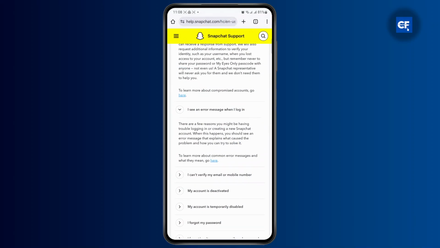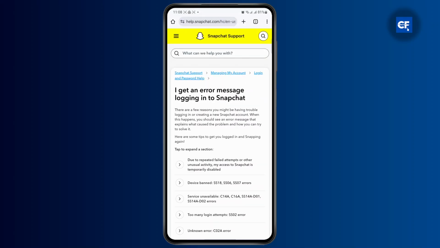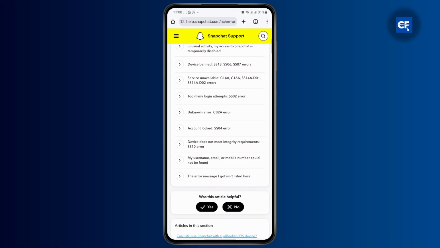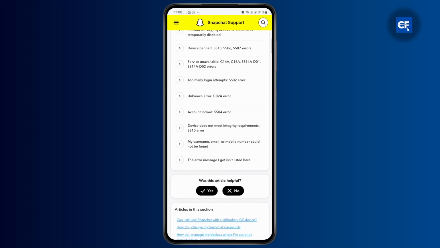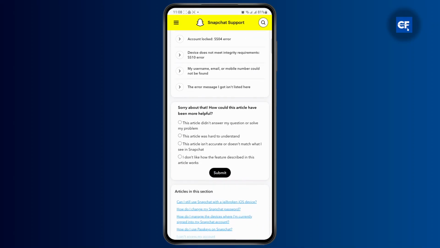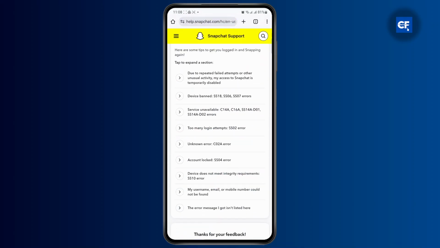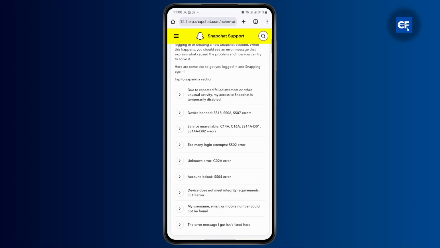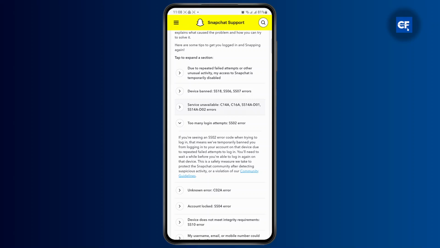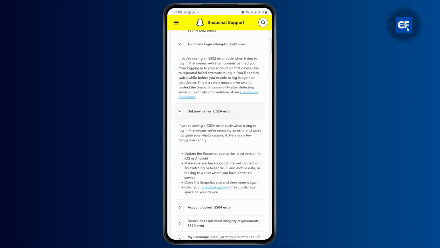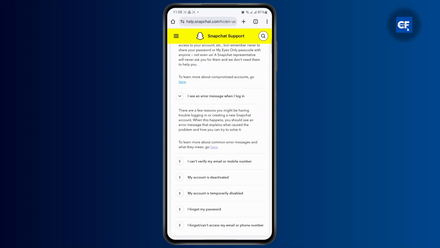And after you've done that, you can click here to go to learn more about the error messages. So scroll down and on this was article was helpful, click on no, and then click this and click on submit. Now it will ask you if you need more help or not, so click on any of these options. And then what you're going to do is go back here